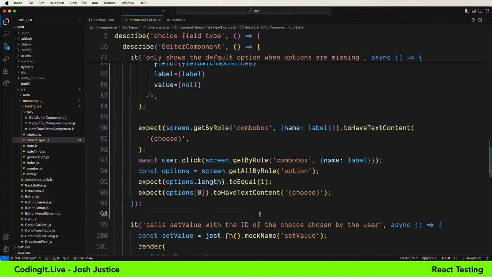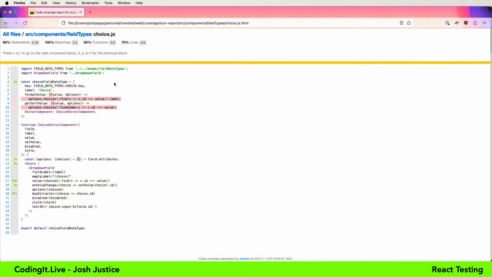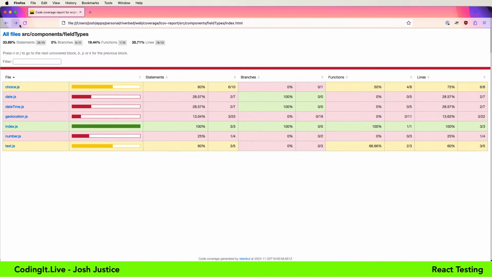That means when someone first chooses a choice field, that's going to work. So this is valuable. I find value in the code coverage tool pushing me towards actually covering that case with a test. That was really great. And it'll be great once I get format value and get sort value covered as well, that those will be shown in the test tool as 100% covered.